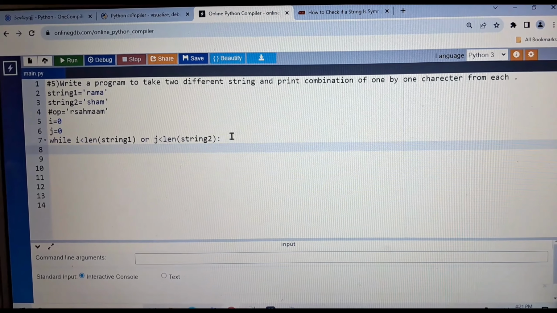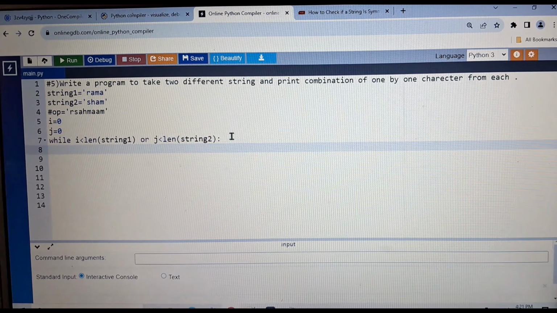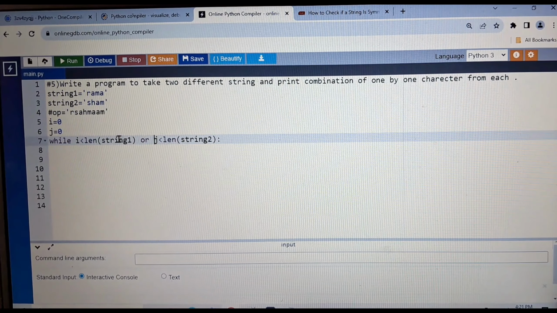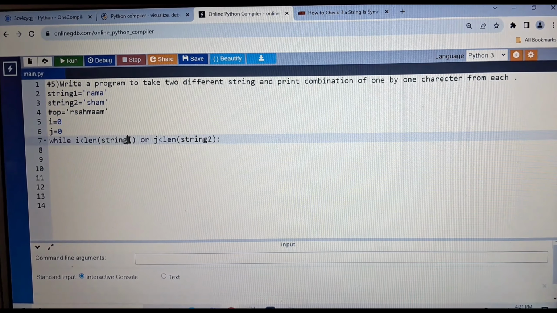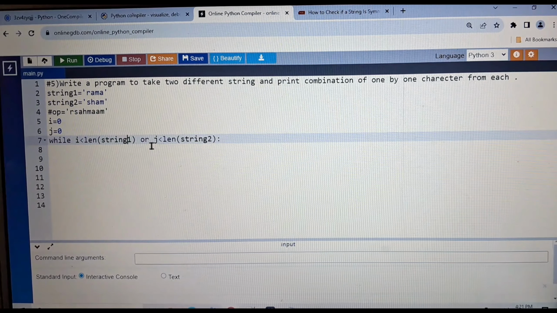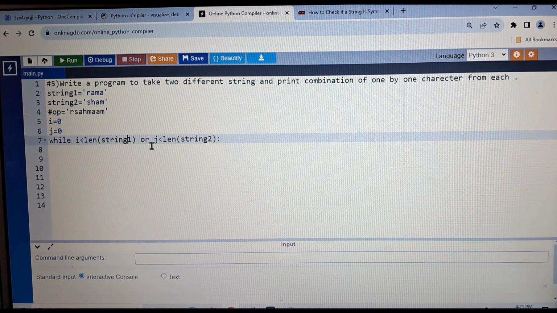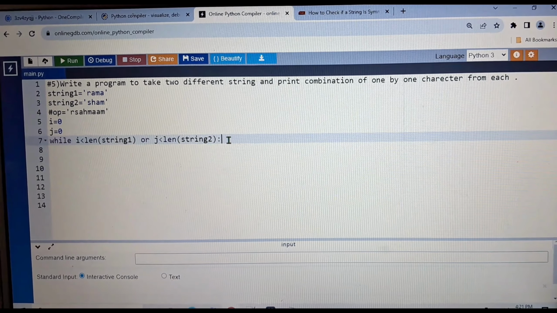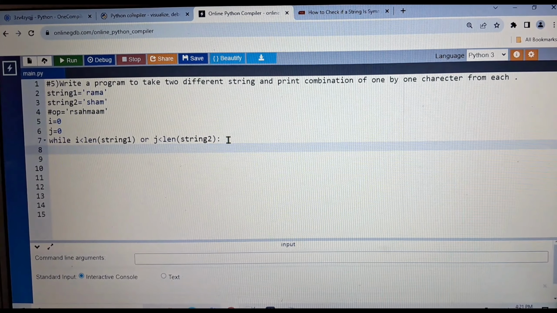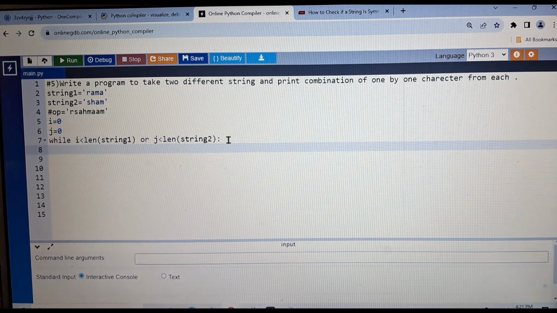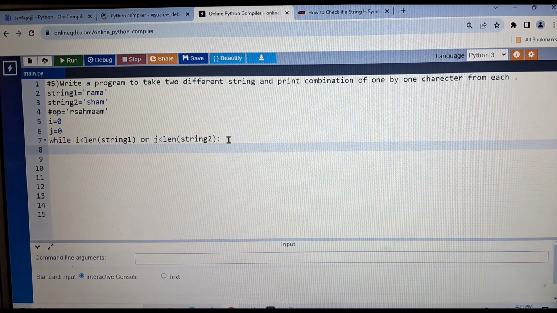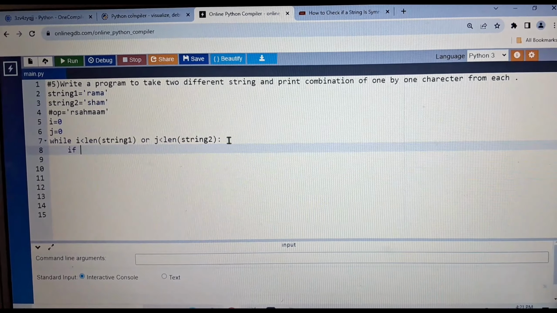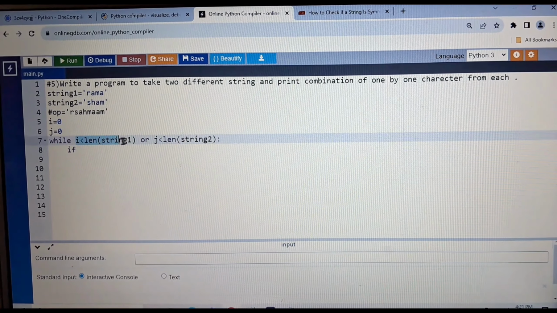So I want to execute the block of the code until what time? Until my i and j are less than the length with respect to the strings. It means I want to execute my block of code until this condition is true. Then here I need to specify what block of code I want to execute. So here, if, then again I have to do the same thing. If